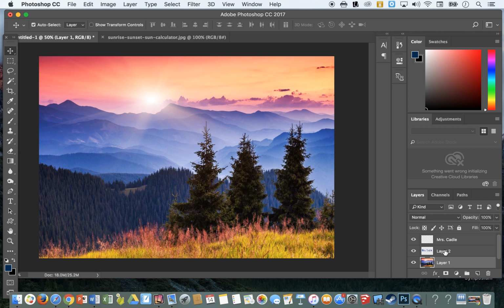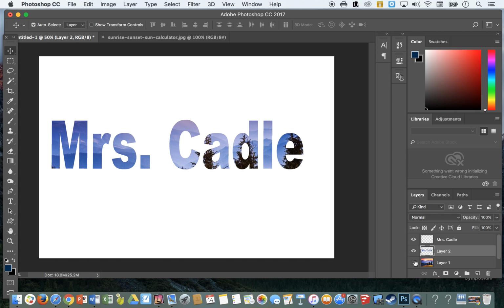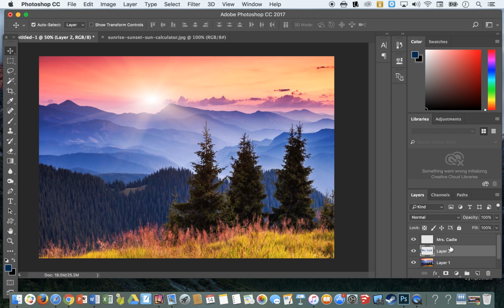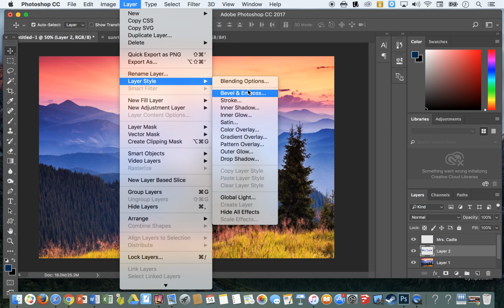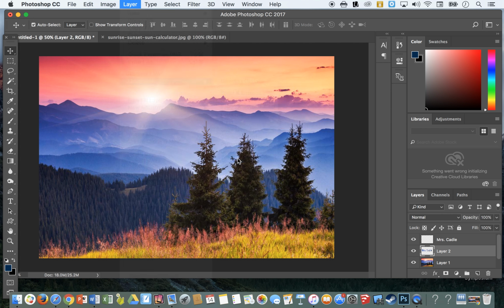And so what I'm going to do is there's a couple things that you can do. You can just delete the background, but I'm going to add a layer style to layer 2, so it looks like it's just coming out of the background. So I'm going to put 2 layer styles, and I'm going to do a drop shadow,